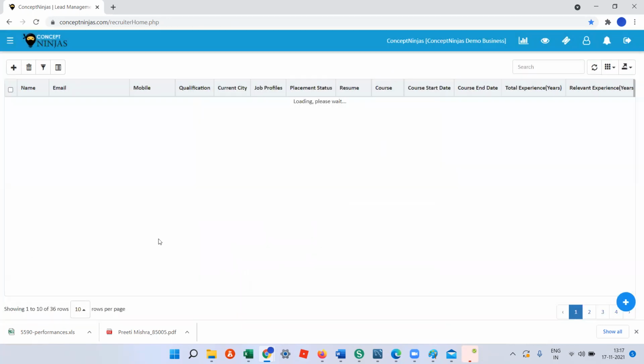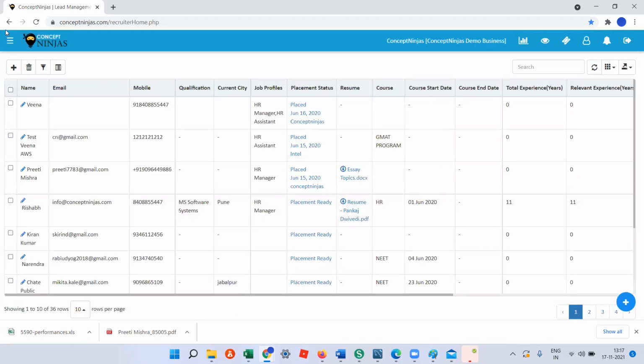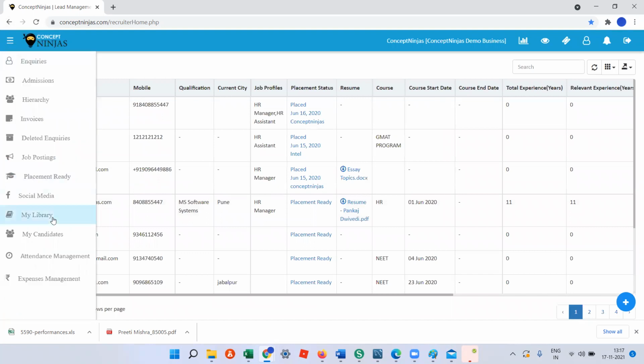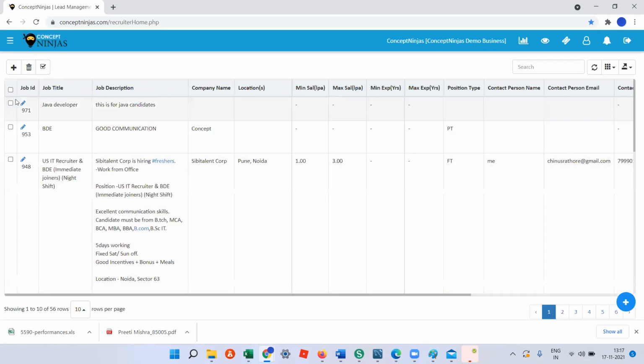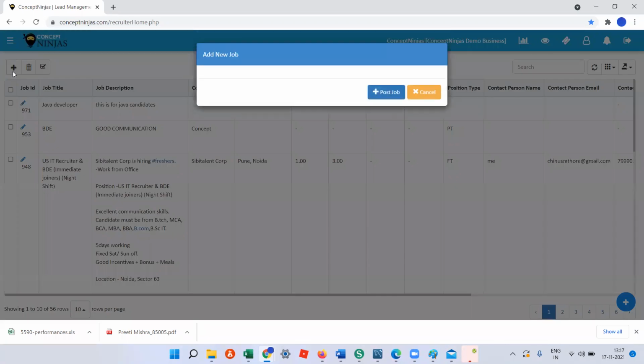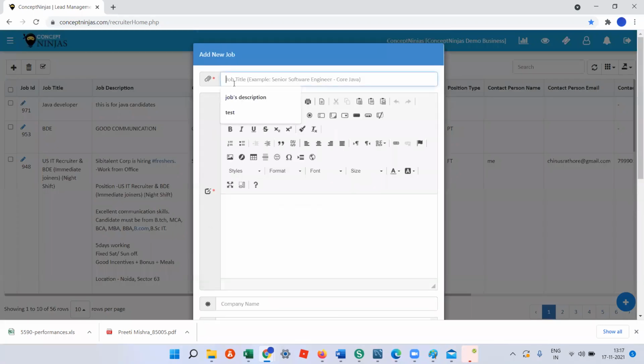So my list of candidates is ready now. As a next step, whatever job I want to share with the candidates, I have to create that job under job postings. Okay. So here I will create the job as, say, HR manager.